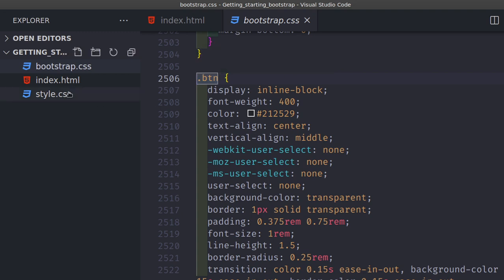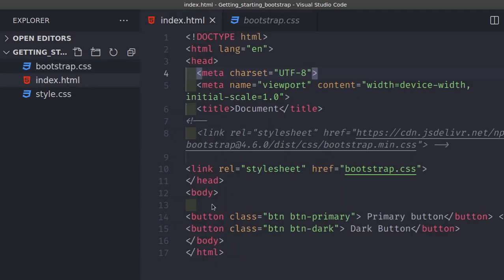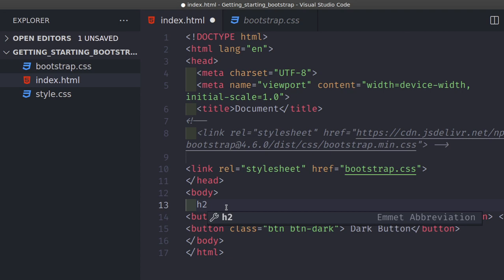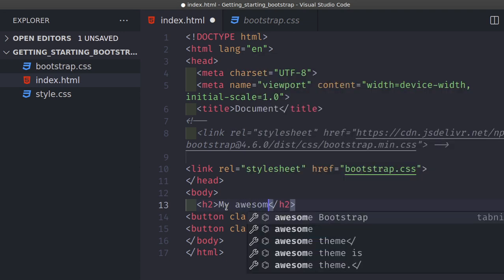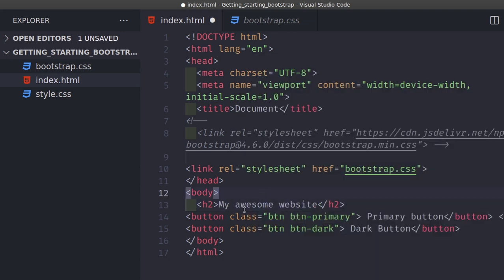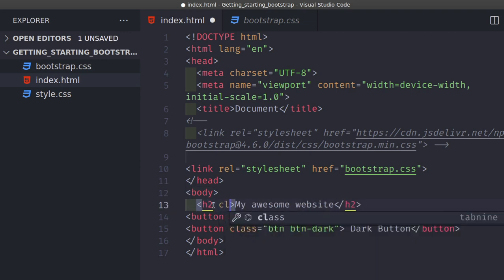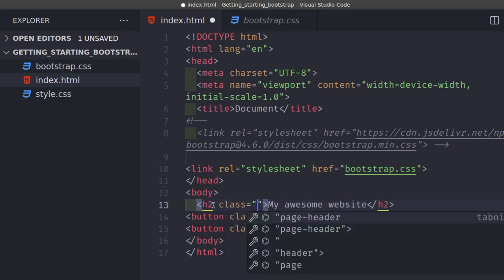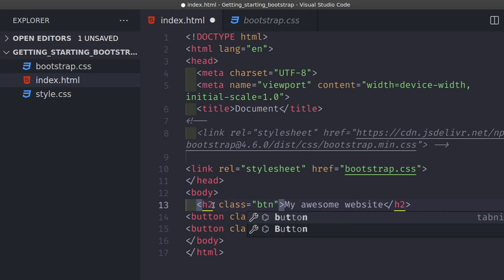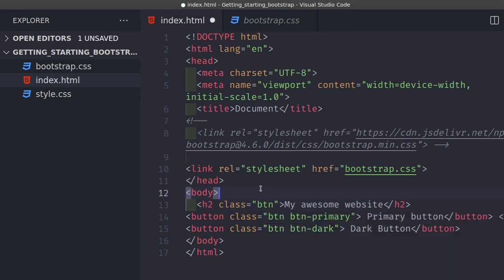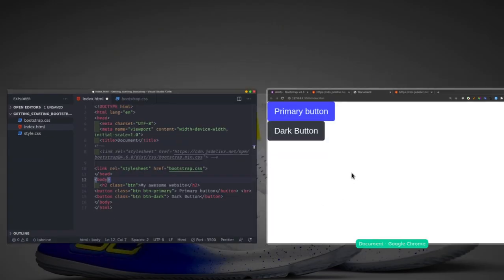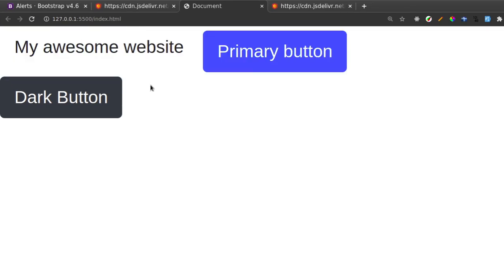For example, I can go to my H2, maybe here, and add a class of btn. If I search for btn and refresh my page, you can see it gives me